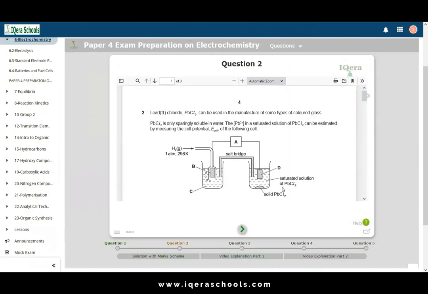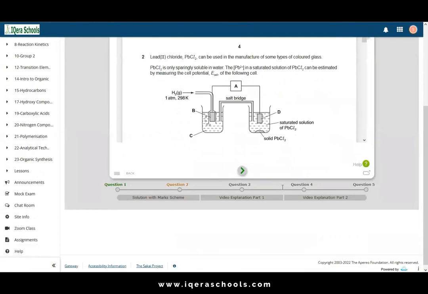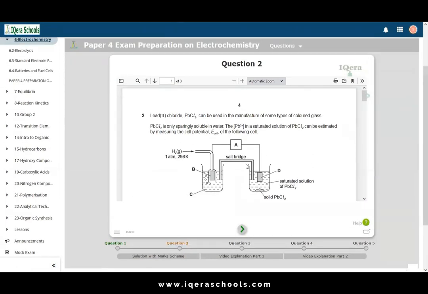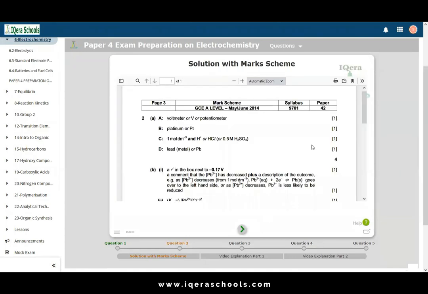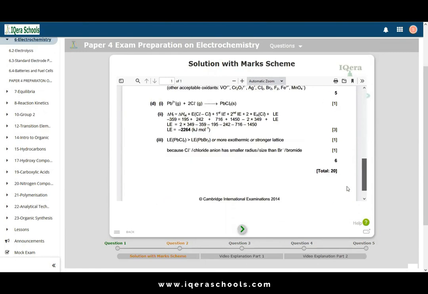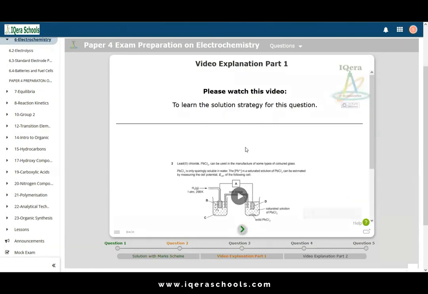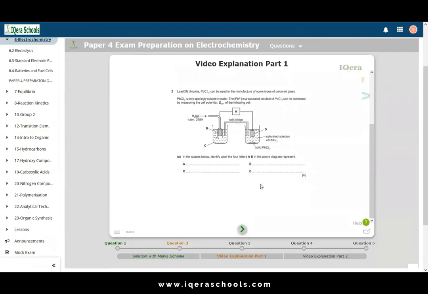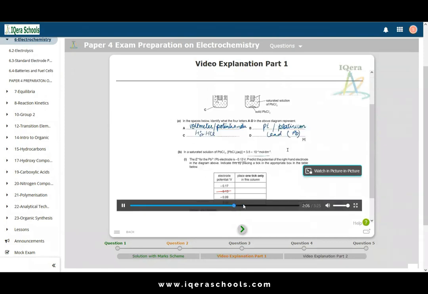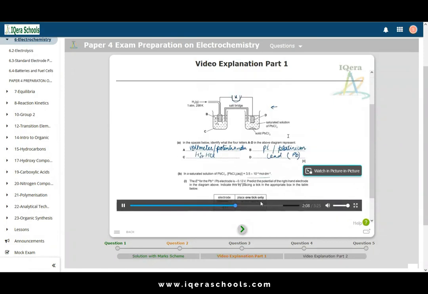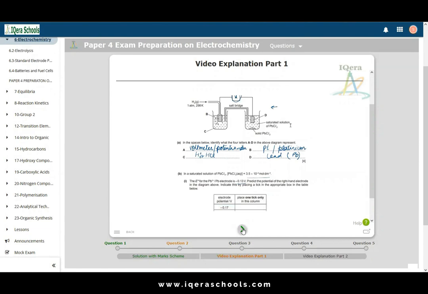And again, question 2. So a student has the full question here that was on an actual past exam. Then the solution is given. And then the actual strategy for solving. Electrolysis can be used in the manufacture of some. Now you see when the reaction will start, there is